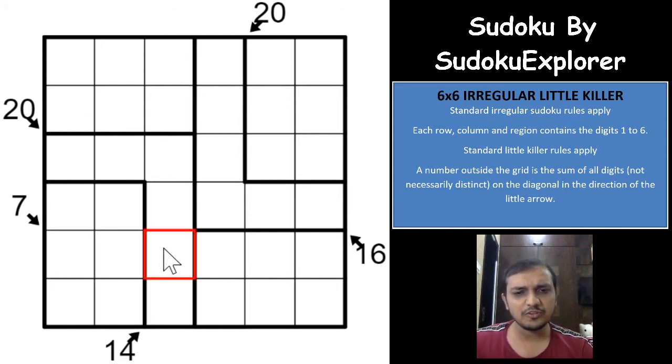We can get something from the 20, because we know that these two cells for the 20 are of the same region, which means that this can have a maximum of 6 and 5, and these two can have a maximum of 6 and 6, that leads to 23. So 23 minus 20 is 3, and you cannot have a 1 on the sum 20 with only 4 cells. Not at all possible, right?